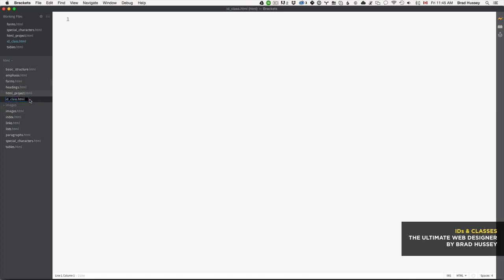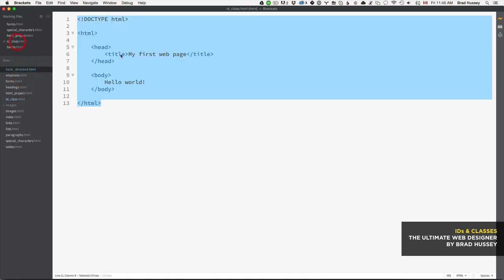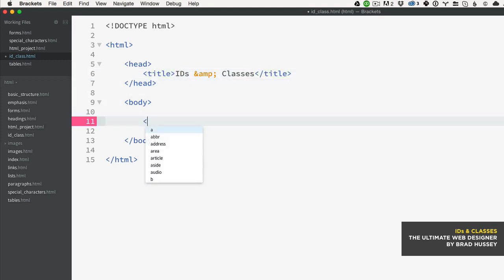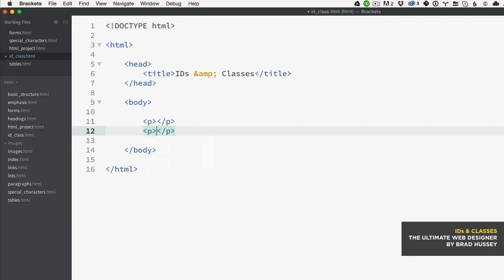In all honesty, you could name it whatever you want, but this makes sense because it correlates to the lecture name. So IDs and classes, obviously, let's use that basic structure so we've got some HTML to work with. I'm going to change that title to IDs &amp; classes, using the special character ampersand, AMP, semicolon. In here, I'm going to add a couple paragraph tags, like so,